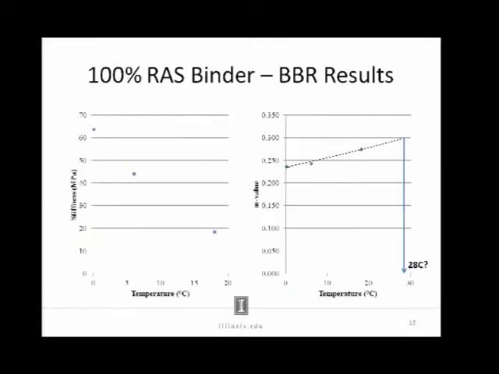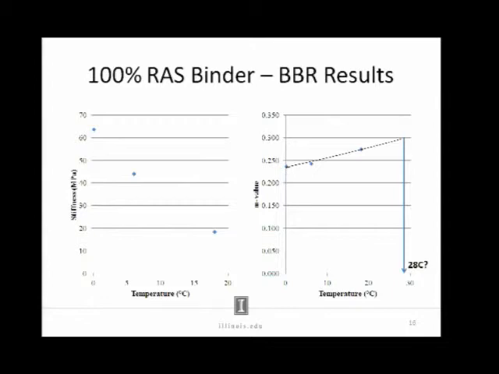First off, I ran an extraction recovery on the recycled asphalt shingle to just obtain the binder alone. And I attempted to run some BBR tests on the extracted shingle binder. I say attempted because I really wasn't successful. This stuff is such a unique material, and it's so stiff in many respects that at higher temperatures it deflected too much, below that 5 millimeter limit of the machine, or at lower temperatures it broke. So I essentially could not obtain